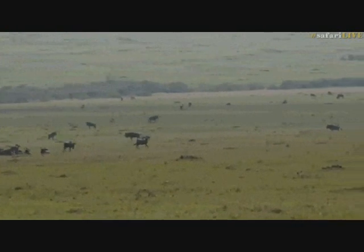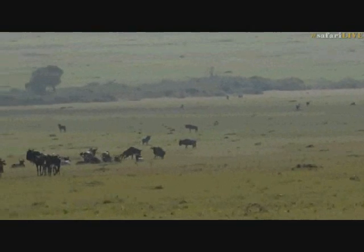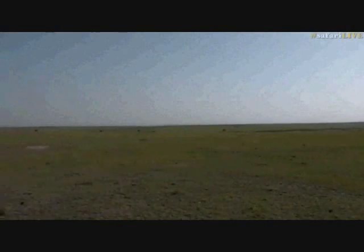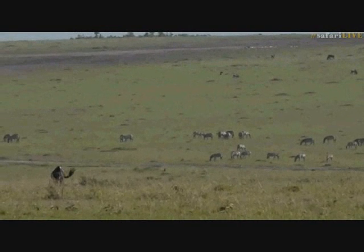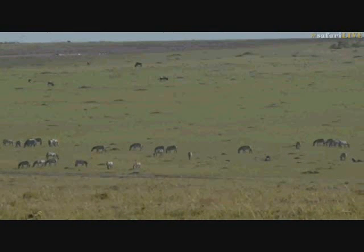I love it, because I mean, this is the small migration, and the wildebeest have come in from the conservancies. But if we spread our eye to the opposite valley there, there's a couple of hundred zebra. Now, these zebra are actually the forerunners of the Great Migration, not the local migration. And what happens is the zebras are bulk grazers, so they don't mind